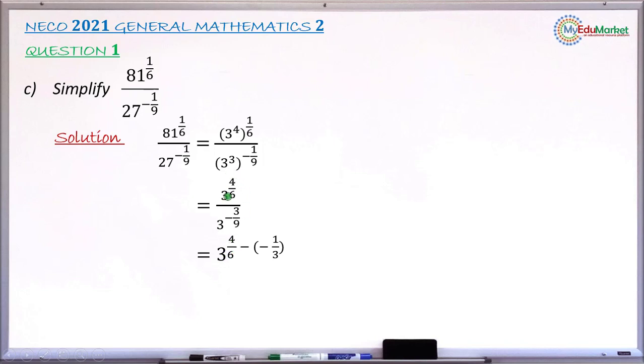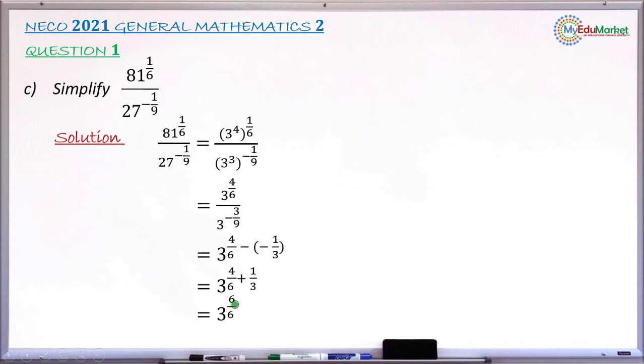which is the power of the numerator, minus, because the law says subtract the powers, the power of the index number at the denominator, which in this case is minus 3 over 9, and this 3 over 9 reduced to simpler form gives 1 over 3. So you now have minus 1 over 3. The minus will now change to plus, so you have 3 raised to the power 4 over 6 plus 1 over 3. And adding these two fractions, the powers, using LCM 6